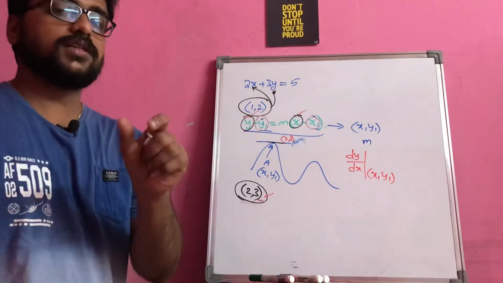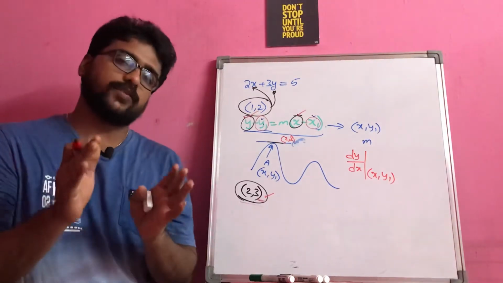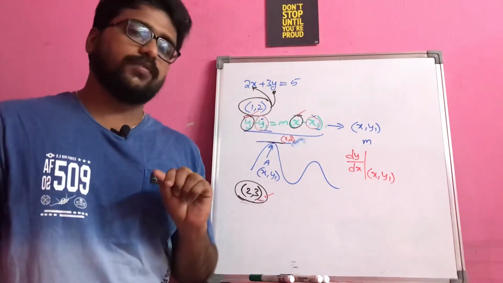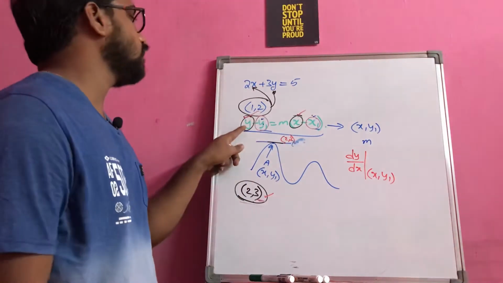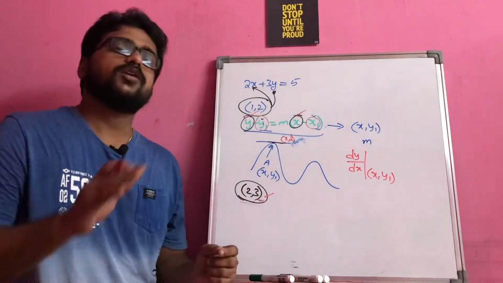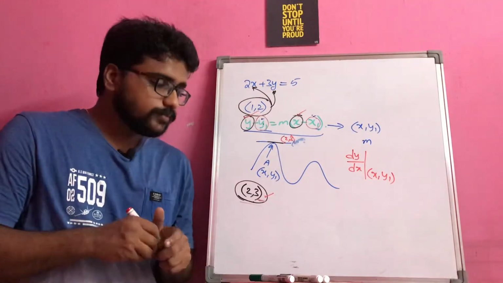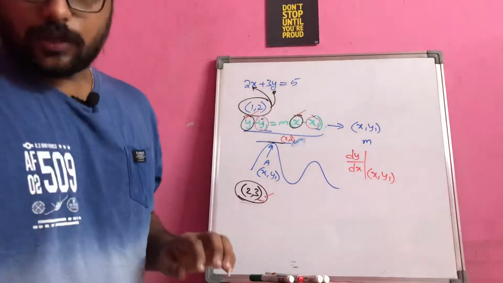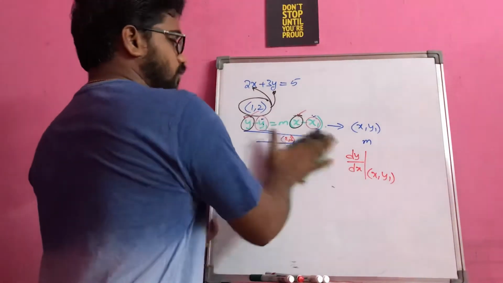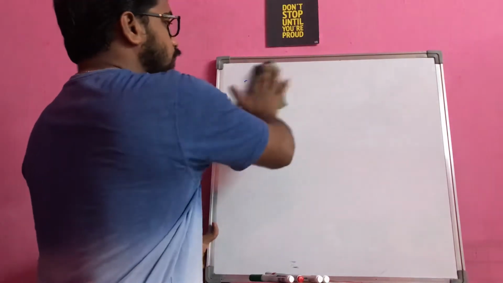For a given question, the point (x1, y1) that they are specifying is a fixed value. So you are not supposed to change the values of x1 and y1. Instead, you have to replace this 2, 3 in the x, y positions to get the required equation of tangent or normal. Right? Hope this point is clear now. Based on this concept, we have an important model which has high chances of being given as a 3-mark question, that we will discuss now.